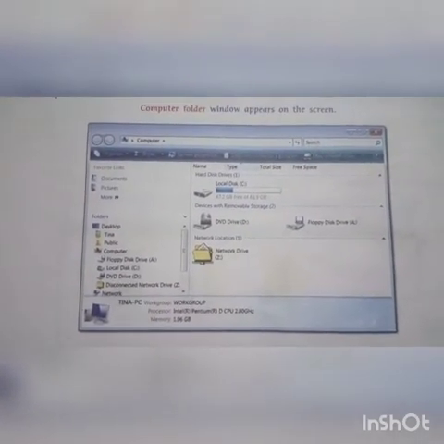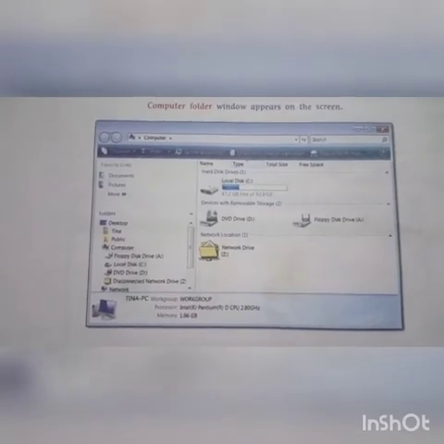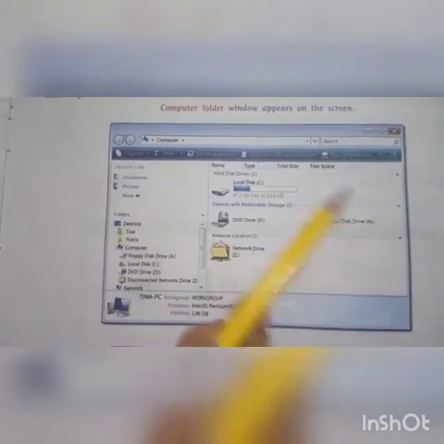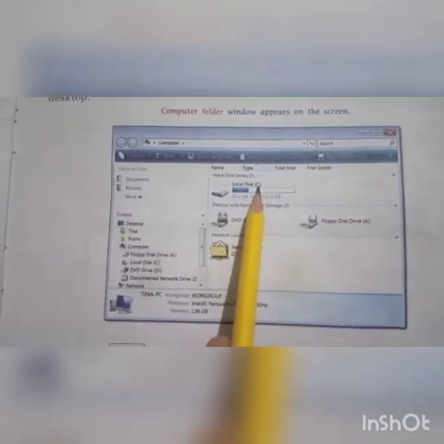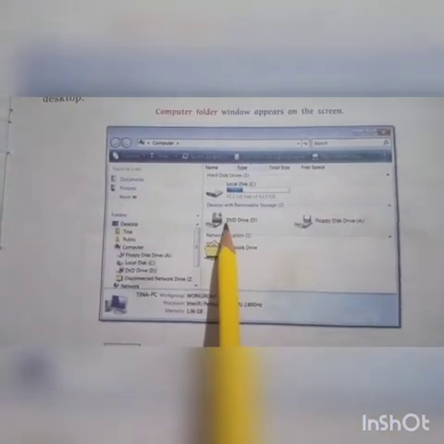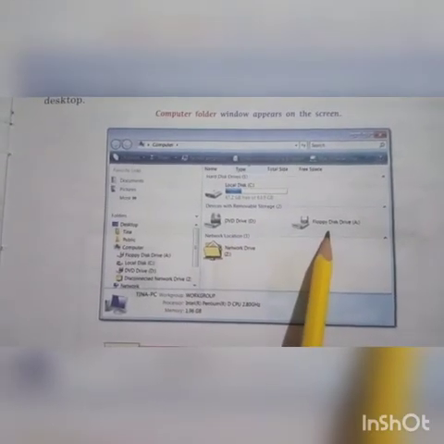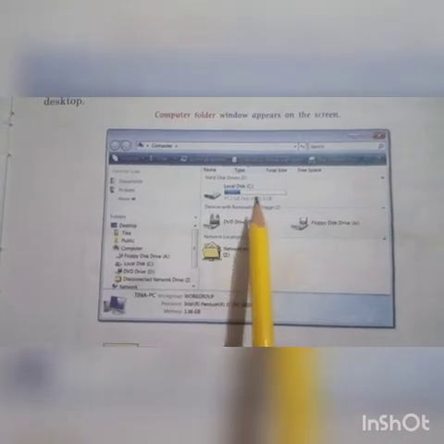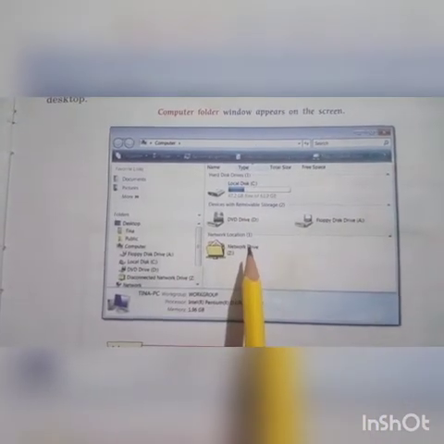Now you can understand. You can see a diagram here also. This is the local disk drive, C drive, DVD drive, floppy disk drive, network drive. This is the Computer folder.